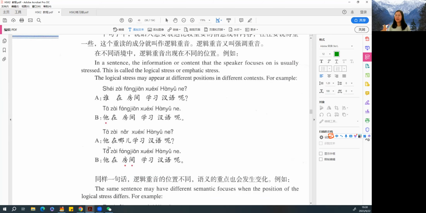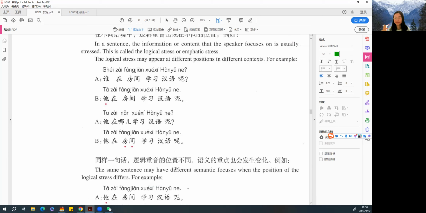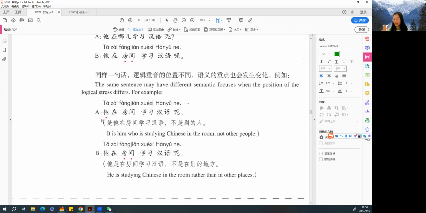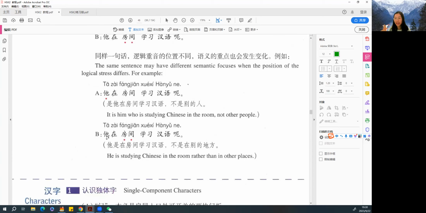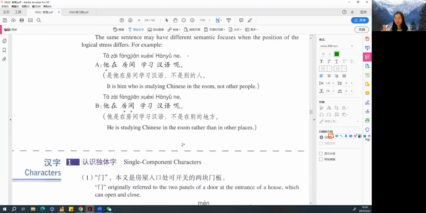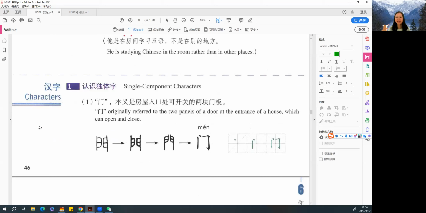All right, let's take a look at the second one. 他在哪学习汉语呢？他在房间学习汉语呢。Good job. Then we continue. 他在房间学习汉语呢。